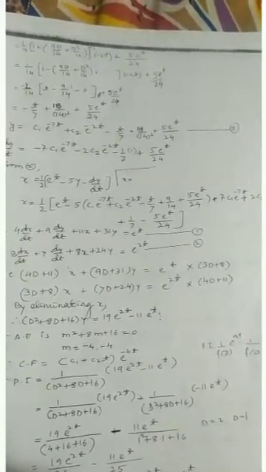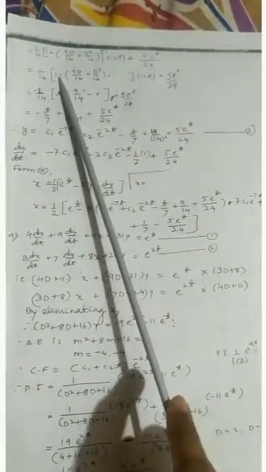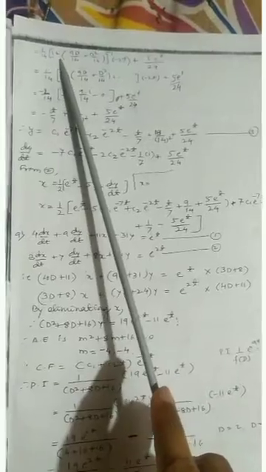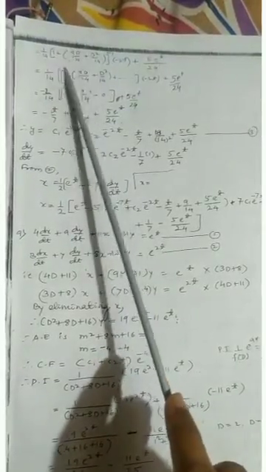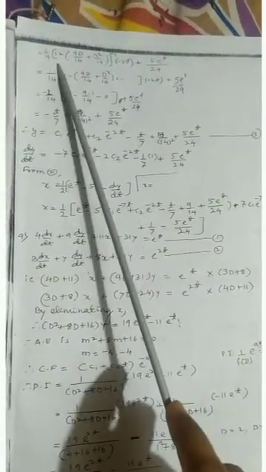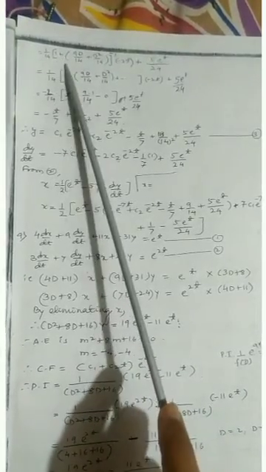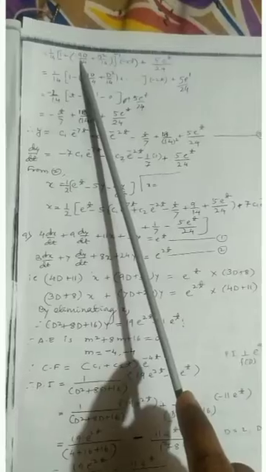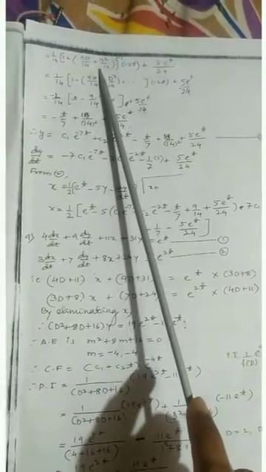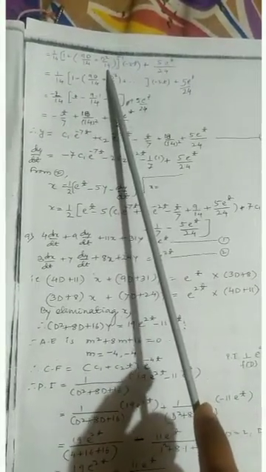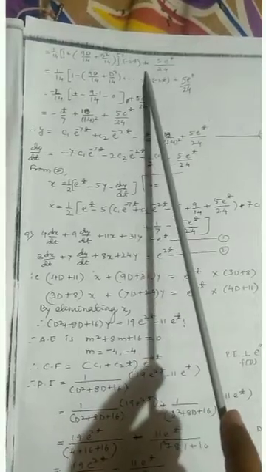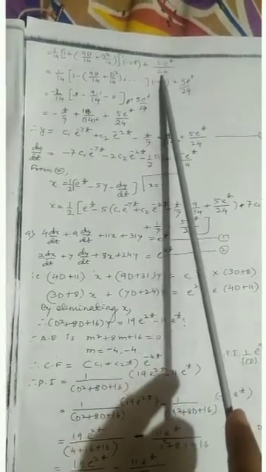See next. What do you get now? 1 by 14. Okay. 1 minus 9D, because the formula is what? Sorry, this is a plus, I think so. So 1 plus 9D divided by 14 plus D squared divided by 14, raised to minus 1, into minus 2t, plus 5 e to the power t divided by 24.